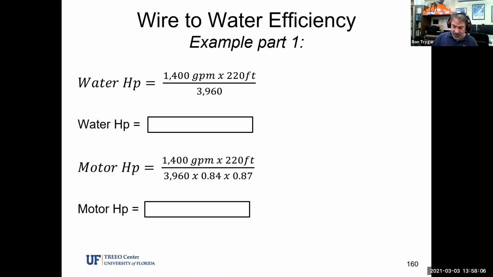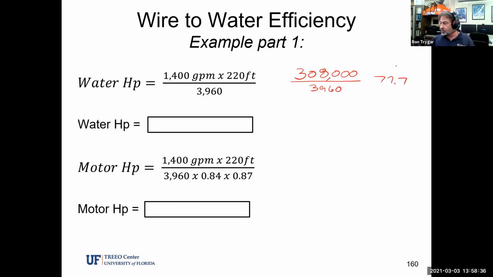So 1,400 times 220 gives me 308,000. So 308,000. And let's go ahead and divide that by 3960. And now let's see what our water horsepower is. So 308,000 divided by 3960. So I came up with